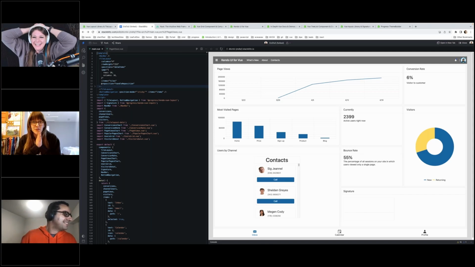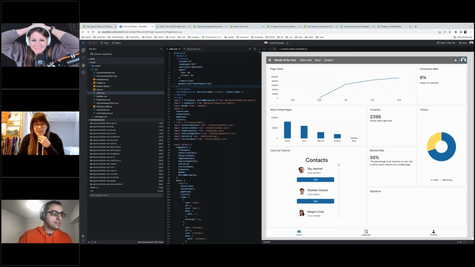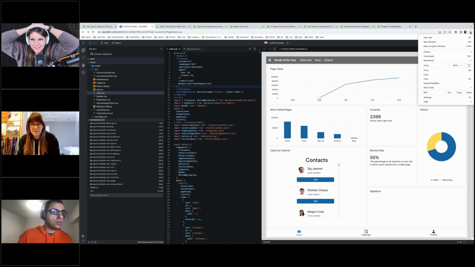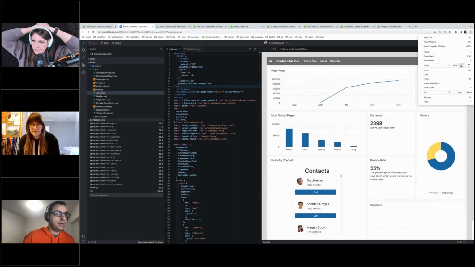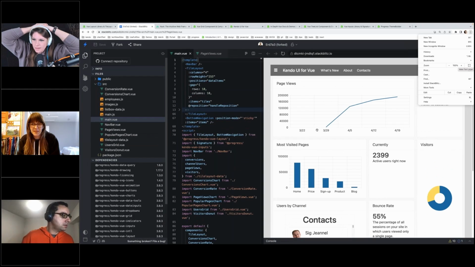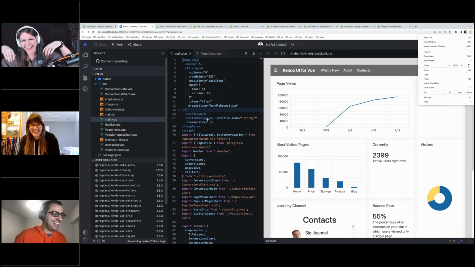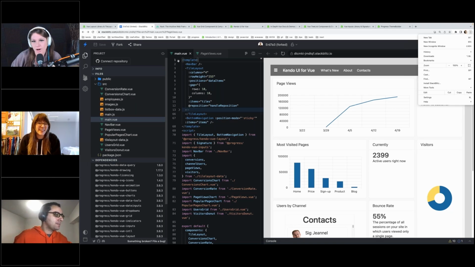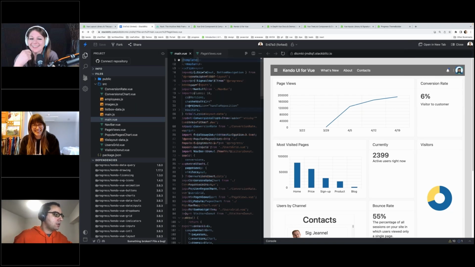Can you zoom in a little bit so that your code is a little bit bigger for the folks watching at home? So what we have here is, oh, I didn't even know that button was there. Since when? It's there if you need that. It's the same thing as the shortcut. So